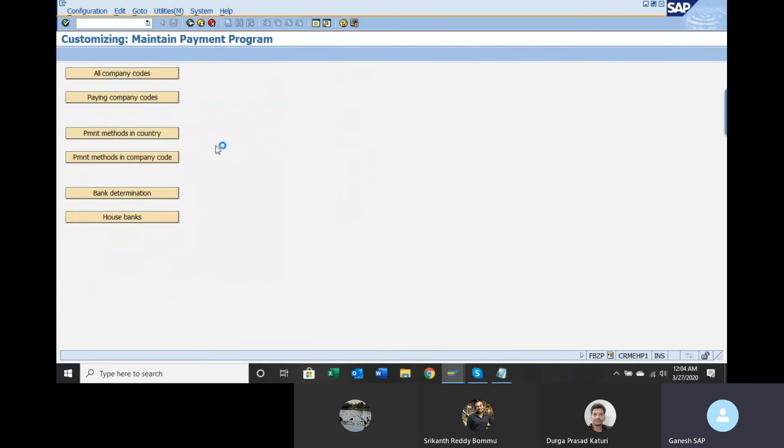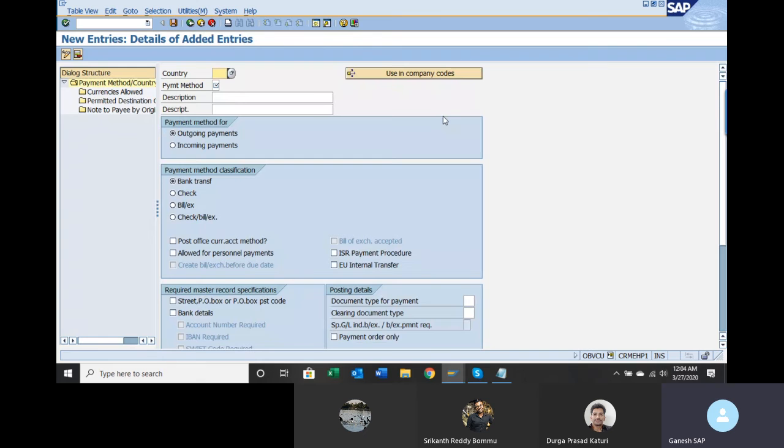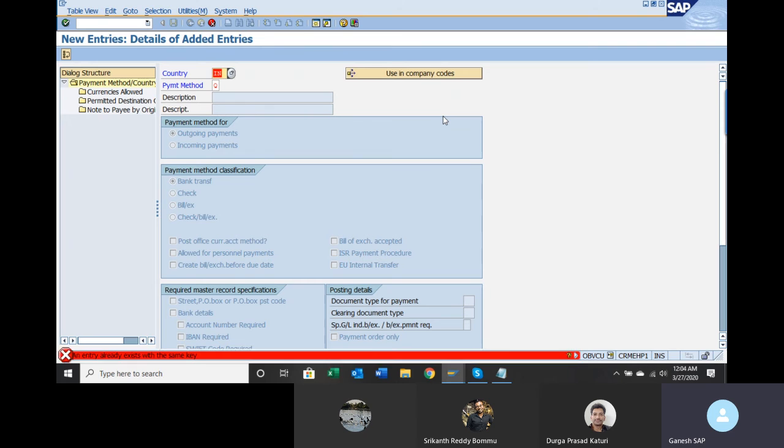Payment method in country. So we are using IN, right? Go to new entries, IN. I will give the payment method some character. Check, right? If I give C, I think many people would have given it, so C may not be available. Let us say Q. Q also is there.